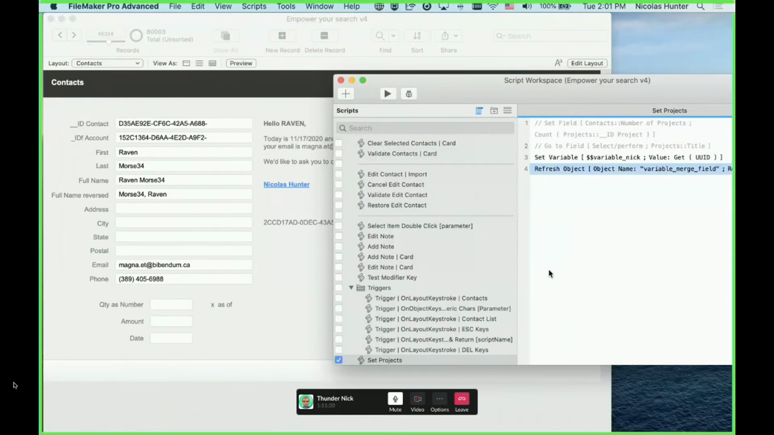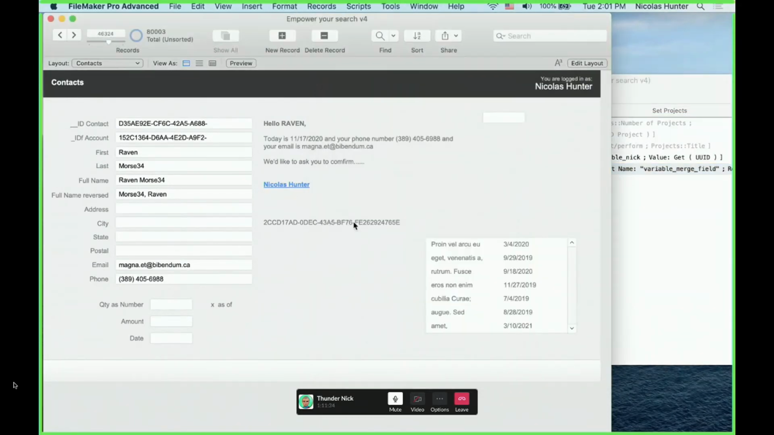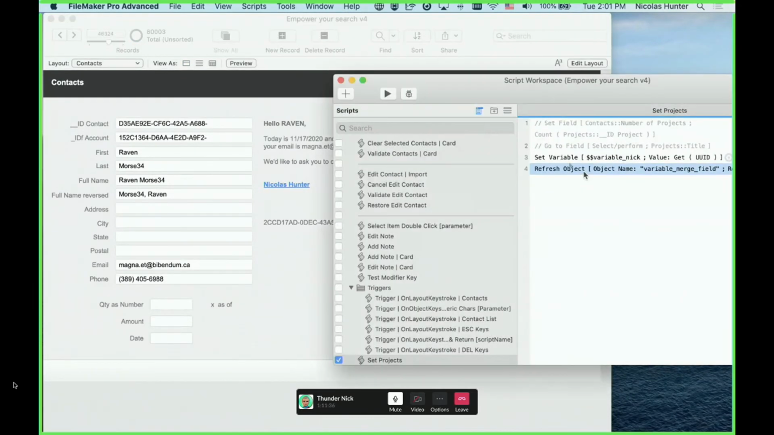But you have this in very advanced ways. For the variable, you need to refresh objects. So if you have 5 variables to refresh, you have to refresh the 5 objects? Yes, sir. Or